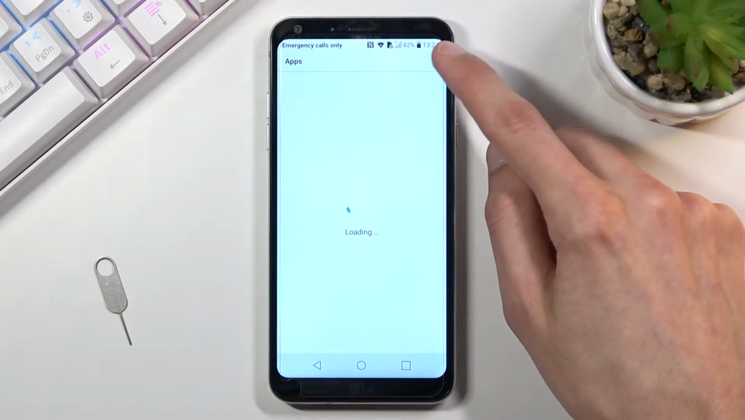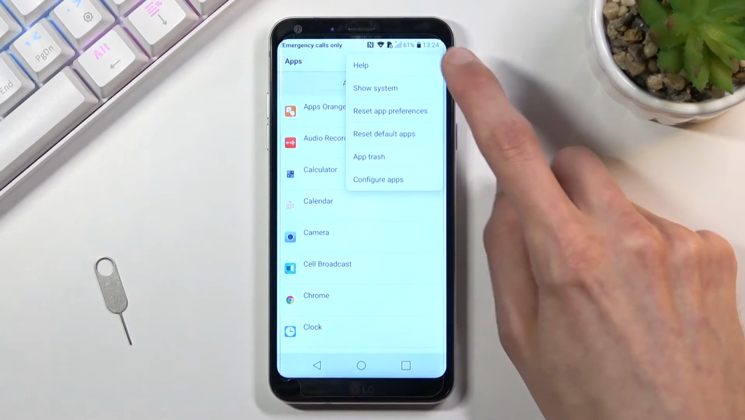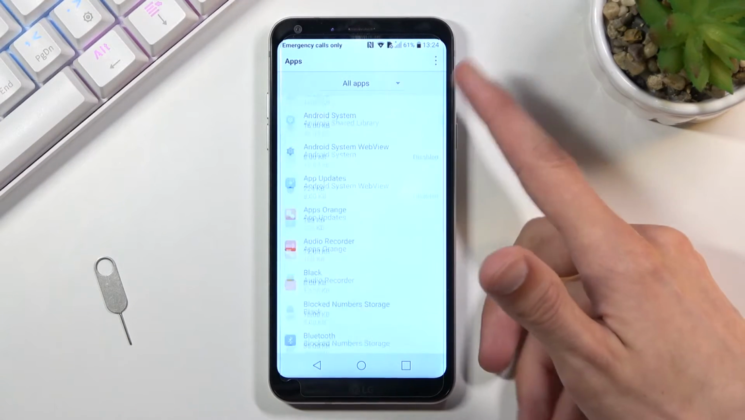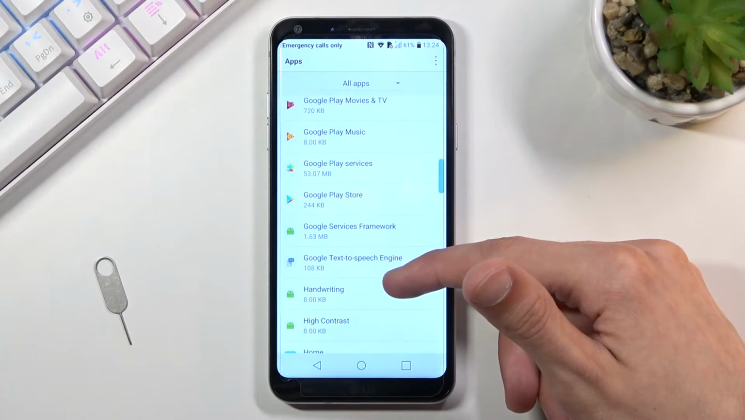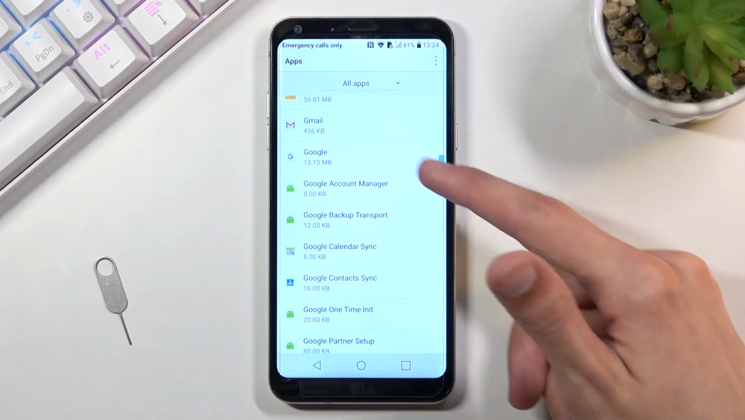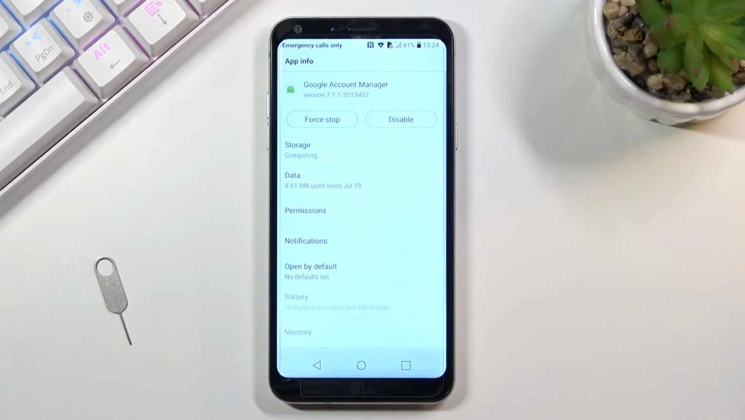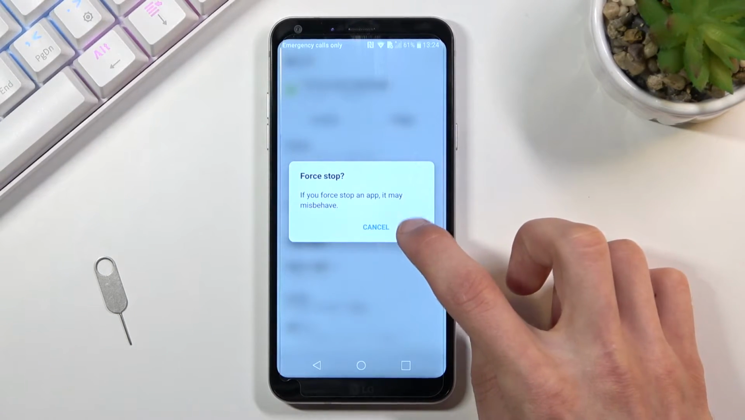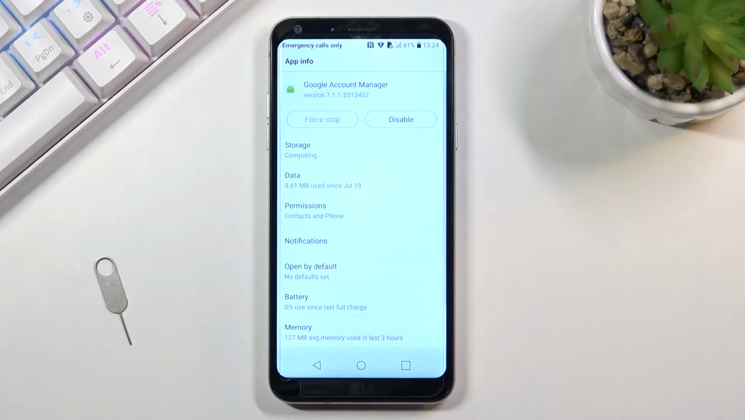I'm going to tap on the three dots and then show system. And we're looking for Google Account Manager. So we're going to scroll down, see, here we go, Google Account Manager, tap on it. And then you want to turn it off, or we're going to start with force stop. Okay, and let's see,